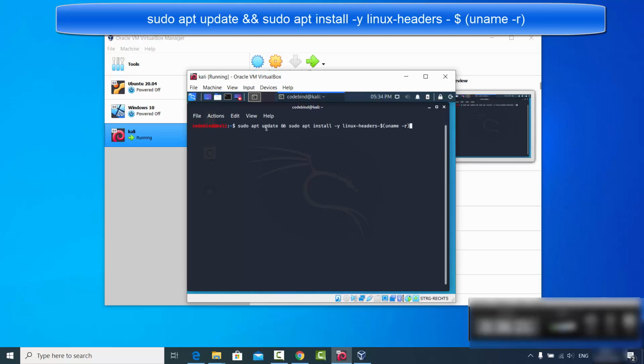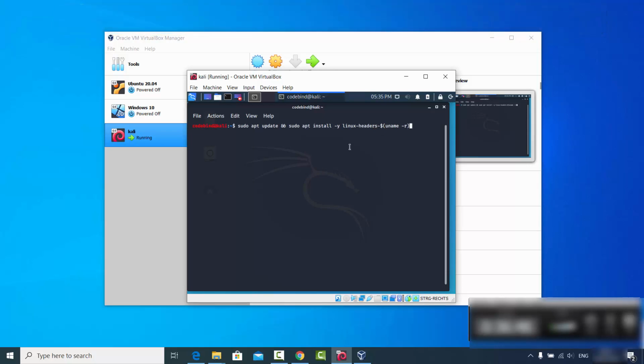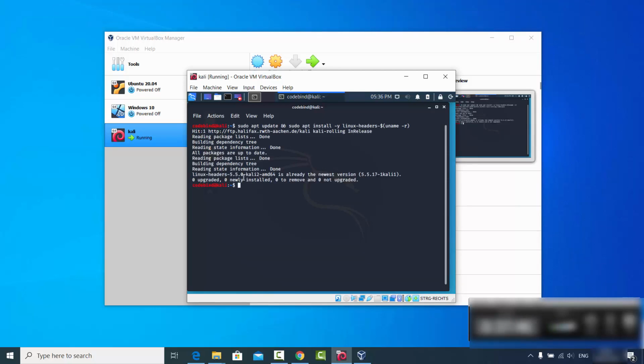And this command is sudo apt update and sudo apt install -y linux-headers-$(uname -r). So just give this command and then press enter, and then provide your Kali Linux password. And if it says that these Linux headers are already the newest version, then it's very good. So now we can install VirtualBox guest additions by just clicking on the Devices option here on the VirtualBox